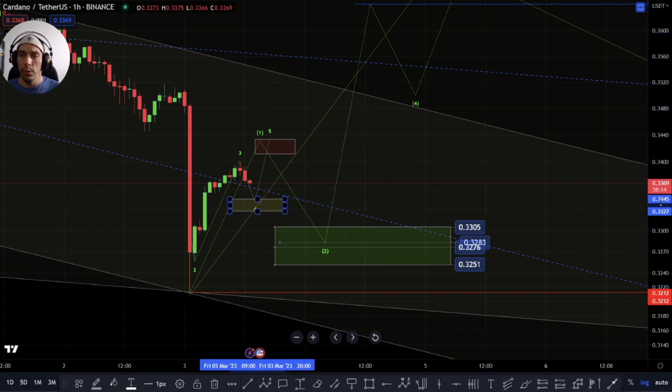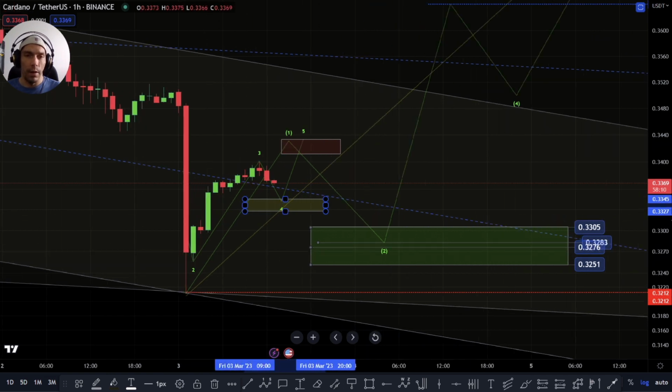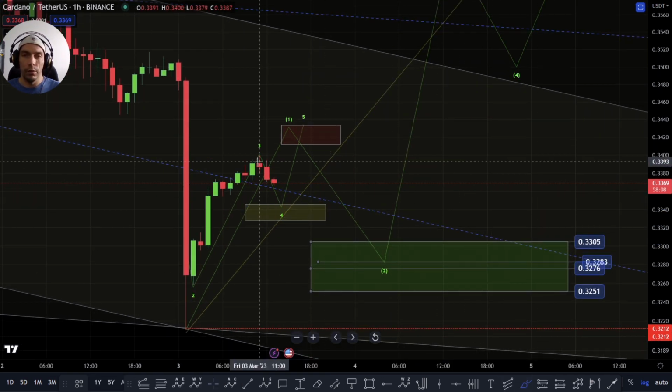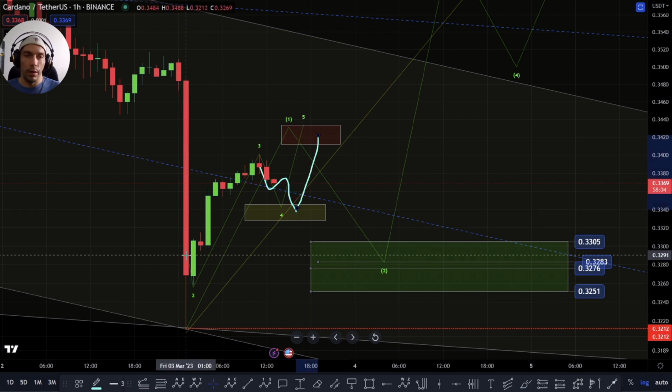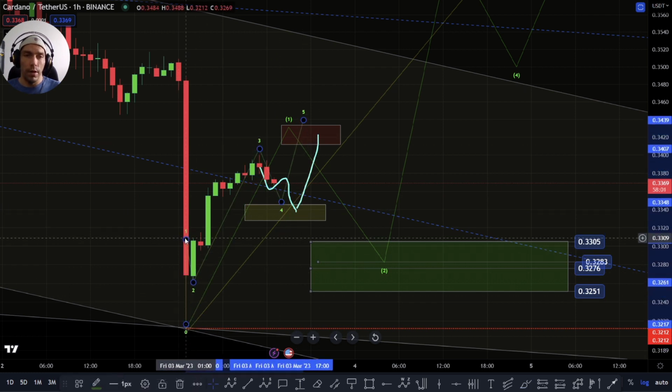If we're looking for this fourth, it would be this 3345 to this 3327. And then basically what we'd want to see is just a three-wave move down into this area, and then we'd want to see this fifth wave play out to the upside here. So within this structure, that wave one invalidation would be this 3270 range, and we wouldn't want to come back down below that zone. If we do cross below that, it becomes less likely that we are actually looking for this move.